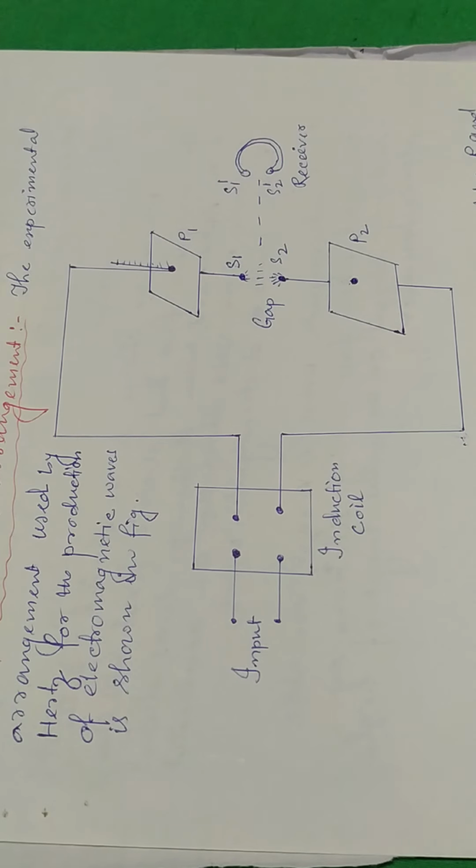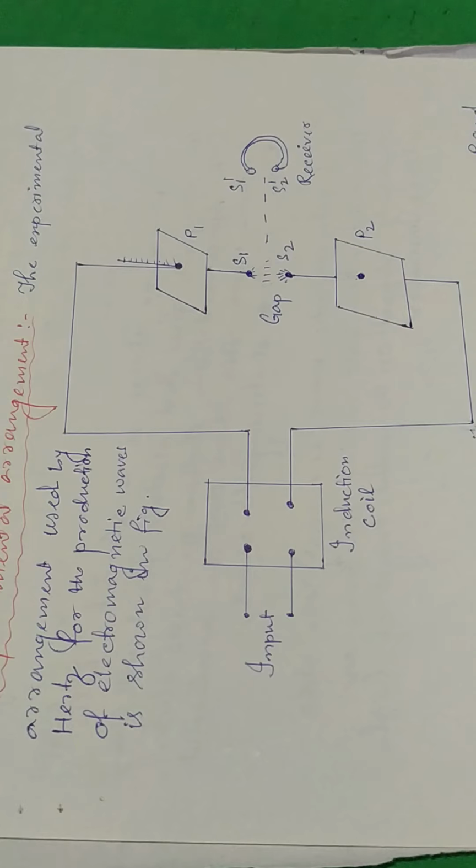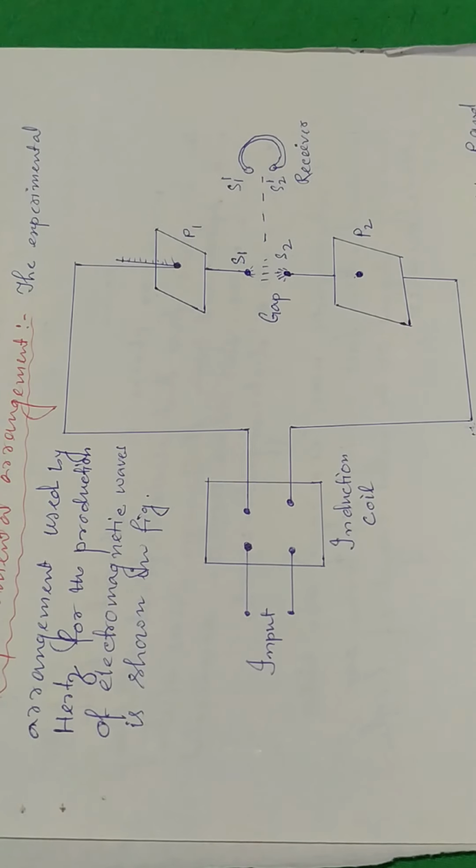When suitable radiation falls on a metal surface, some electrons near the surface absorb enough energy from the incident radiation. Due to it, they are able to overcome the attraction of the positive ions in the material of the surface and escape to the surroundings. So these are the observations made by Hertz. Now we'll discuss Lenard's observation.